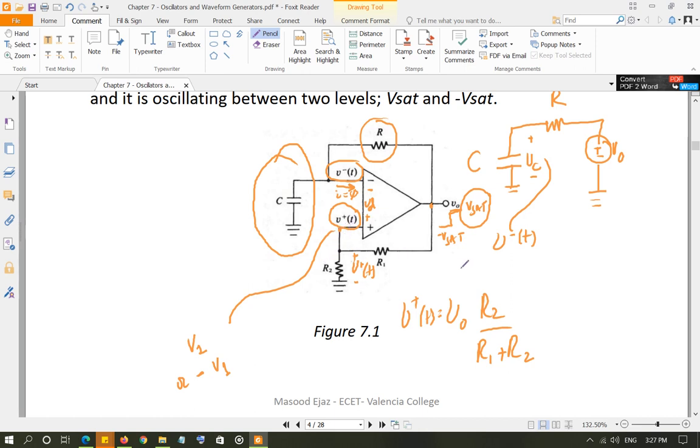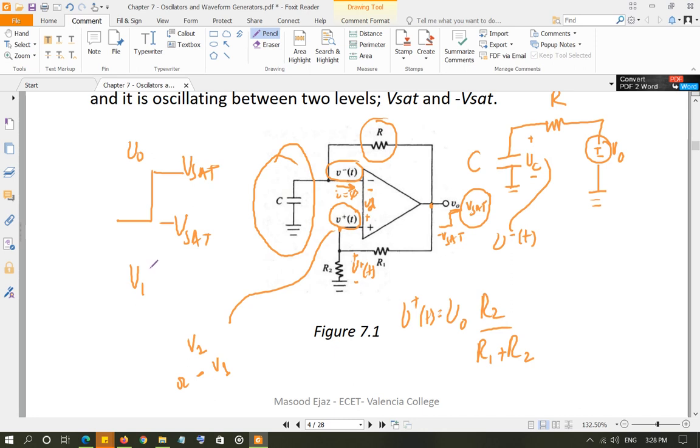So once again, let's assume the output is at Vsat. So this is the output, and your V positive T, the non-inverting voltage, is going to be V1 at that time. And the capacitor is charging. Why the capacitor is charging, we're going to discuss pretty soon. So let's say the capacitor is charging towards V1, or going beyond V1, as you will see. But as soon as the capacitor voltage reaches V1 and exceeds it just a tiny bit,